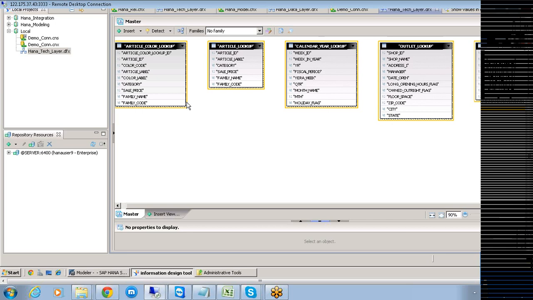Simple. Without any relationship, there is no meaning between individual tables. Individual tables, yes, correct. What will happen if there is no relationship between the tables? We won't be able to pick up the data from multiple tables. We cannot link between the tables. If I want one column from the article color and article lookup and the calendar year, I can't have that relationship. So what we need to say is that everything we are doing is ultimately connected to the reporting point of view only, right?